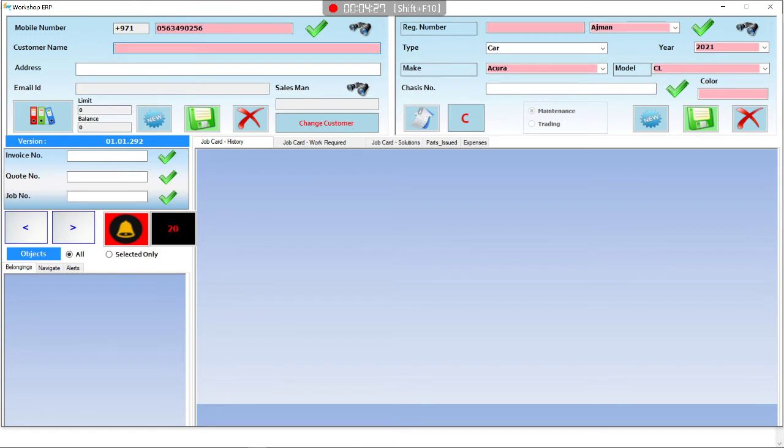Okay, and the customer name, Rehan Razak. Okay, we can make it in capital letters, and the address, Dubai.